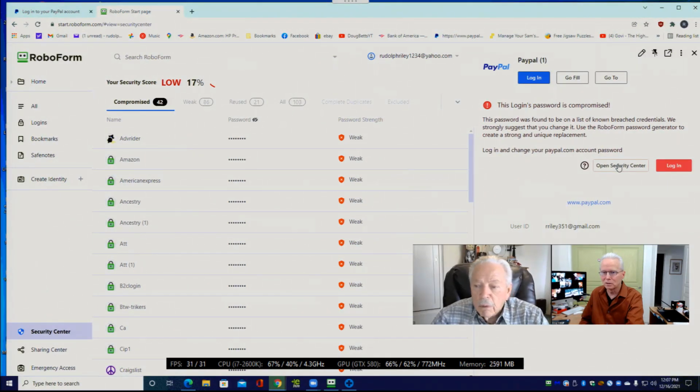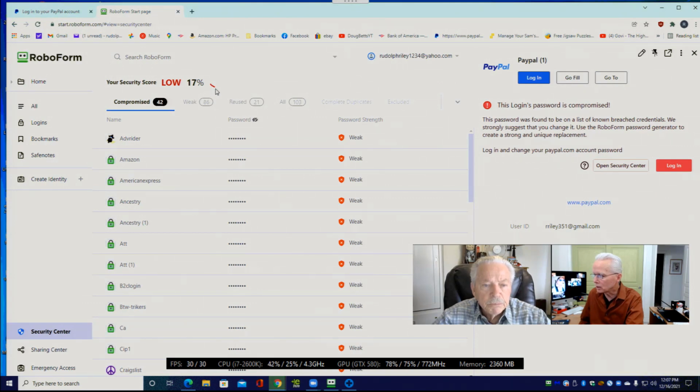So here I'm going to blur the screen and then click Open Security Center. Yeah, see, this isn't very helpful in my mind. This took us to the Security Center of RoboForm. Right, it does. And it tells us your security is low, 17%. And then there's this little dash of red there. I see that.